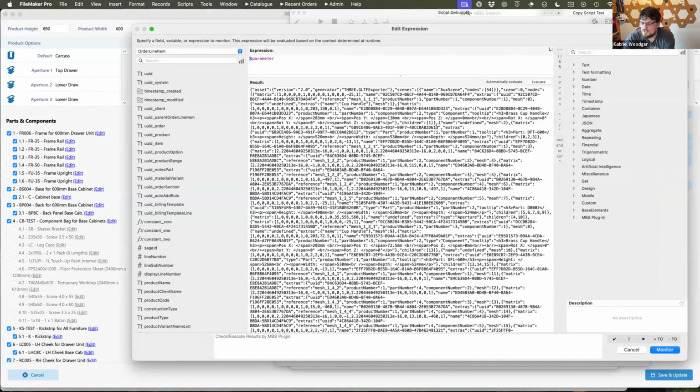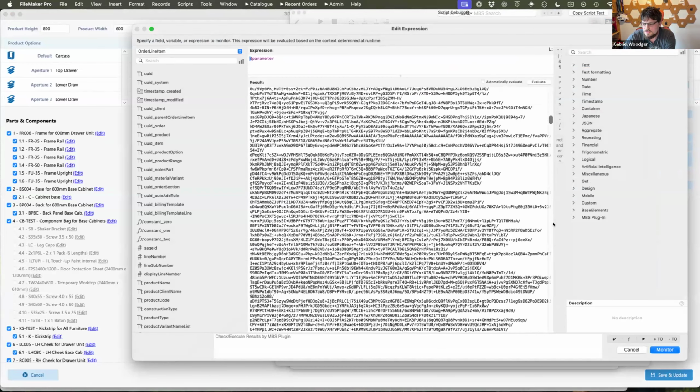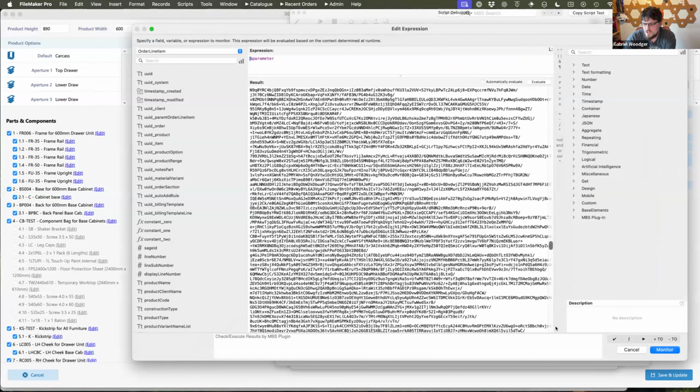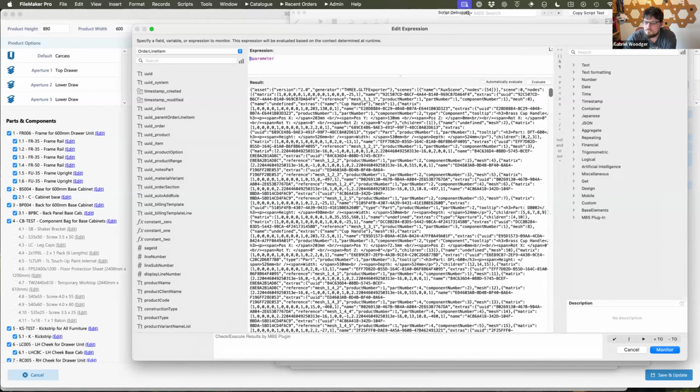So this is the entire 3D model, about 3 or 4 megs worth of text, which describes the entire 3D model itself. And then I use FileMaker to write that out to the user's desktop.